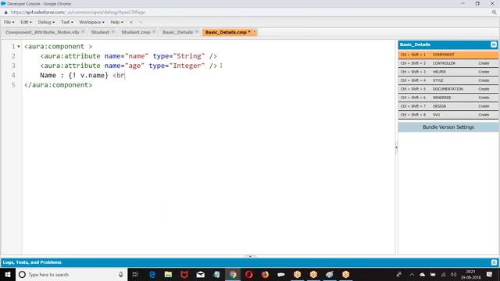First you are supposed to create the child components, followed by the parent component.